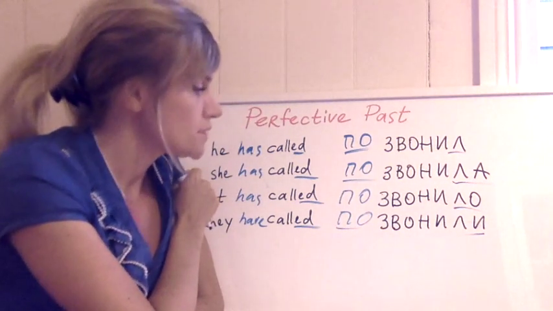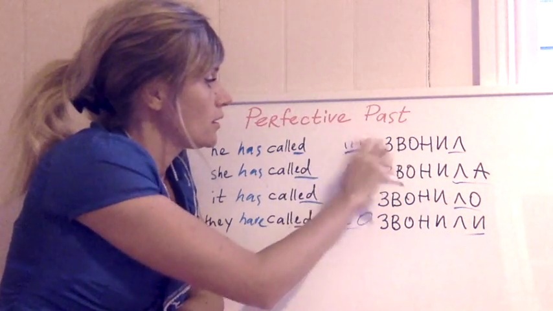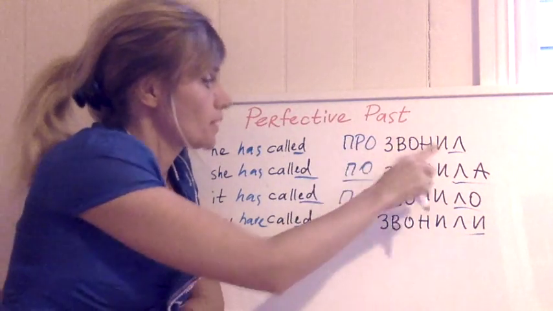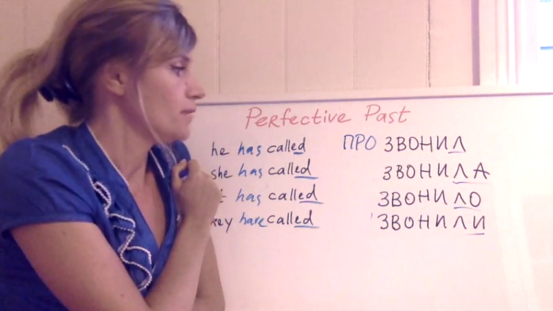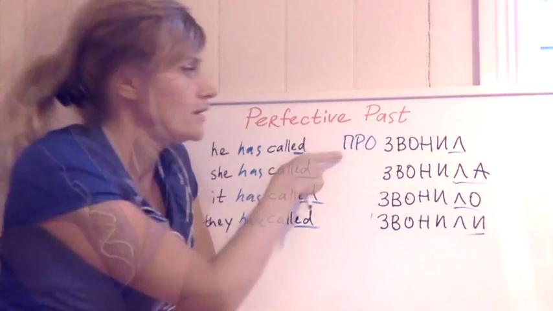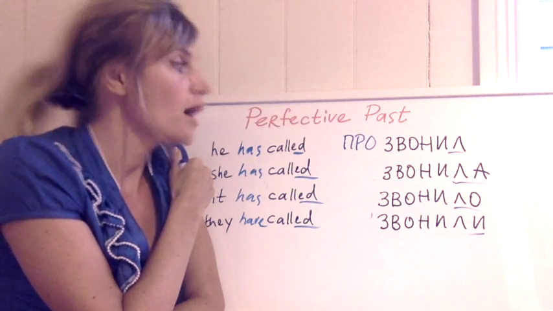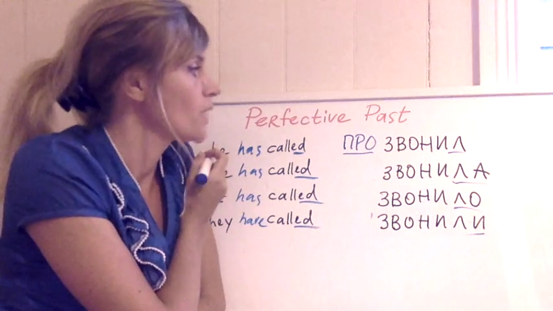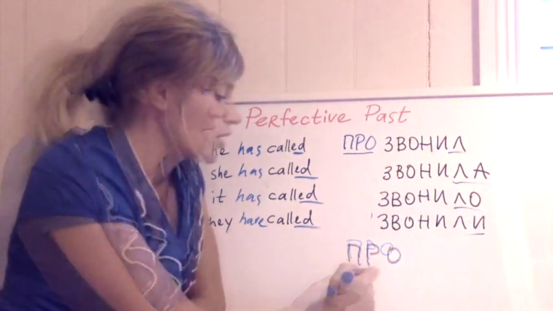Okay? Sometimes you can see that instead of по, people use, let's say, про. Прозвонил. What does it mean? It stays the same, it stays perfective. He has called. It's done. It's a result. But how did he call? So here, extra information. Про in front of the verb normally, most of the time, means thoroughly,